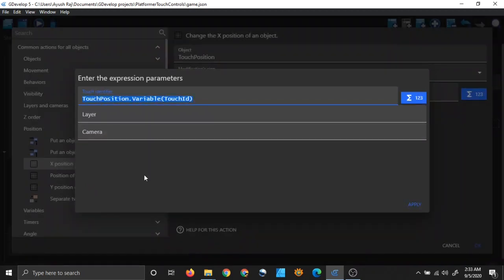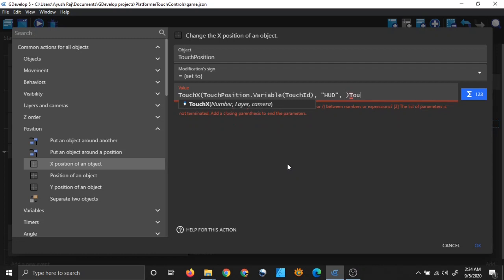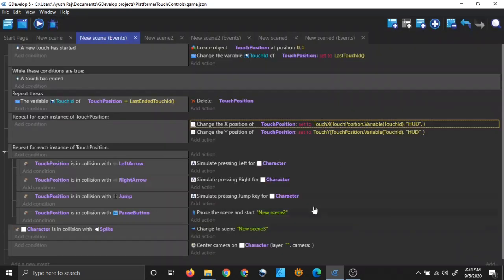Click on apply. Layer. Now this layer is important. You have to put it on HUD layer. When you are working with multi-touch and you have controls like we do, put your multi-touch on the control layer, HUD layer, and make the control layer separate from your base layer. Very important, like we did in our video, like we are doing right now, right? In the camera you can leave blank, apply. So that's how you can get this function. I already have it, so I will delete this, but I was just showing you how you can get it, right? So that's how you can get it.